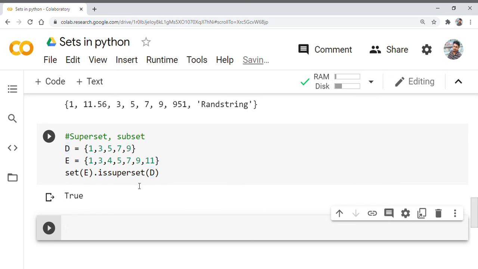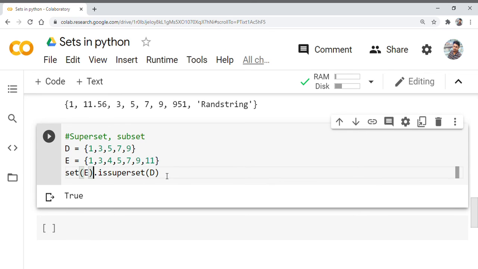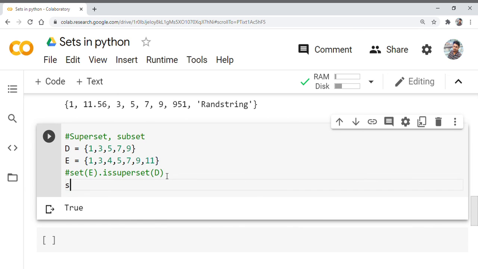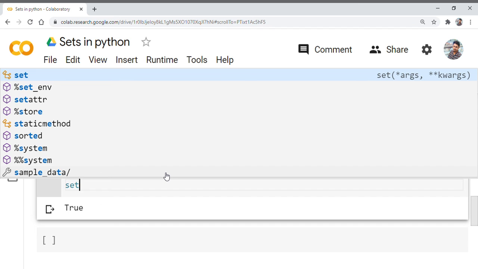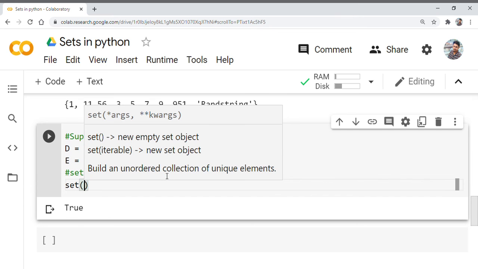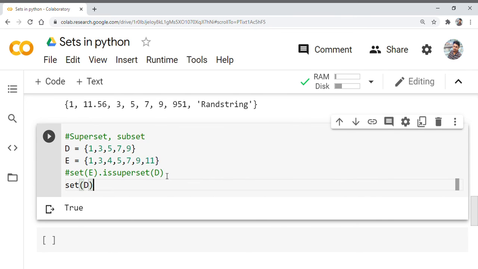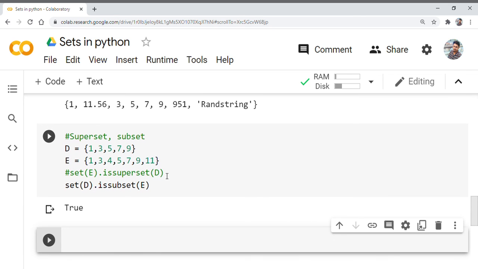So similarly, if we check for subset, let's just keep this aside and comment it. And the next one is set D dot is subset. We have to check whether it is a subset of E or not. So we have to get true, right?